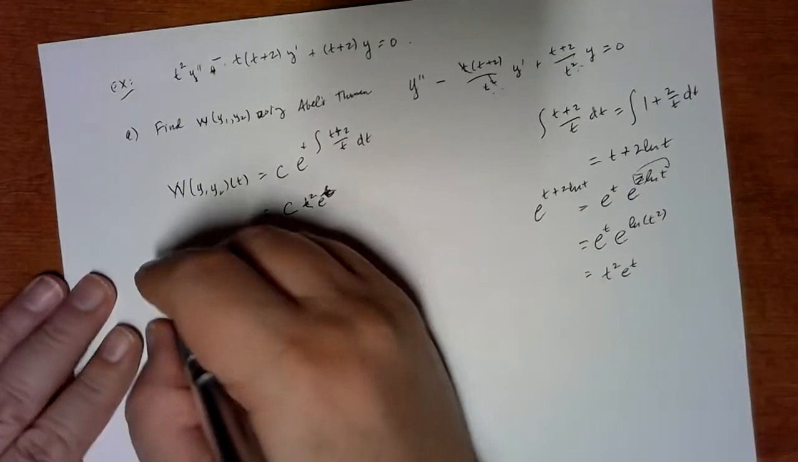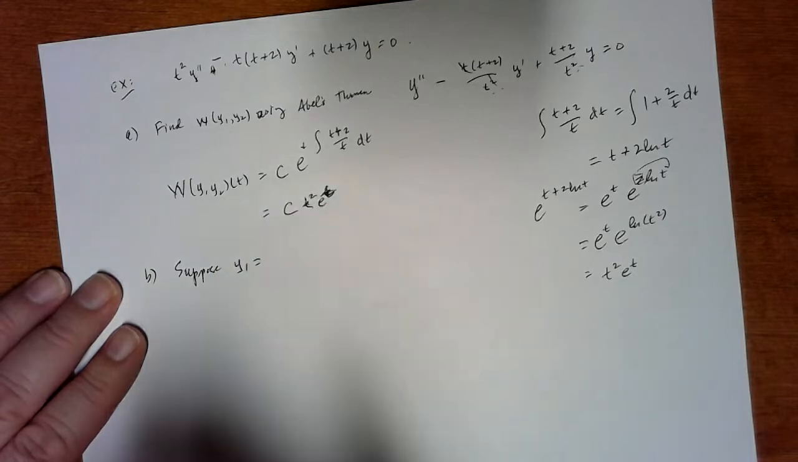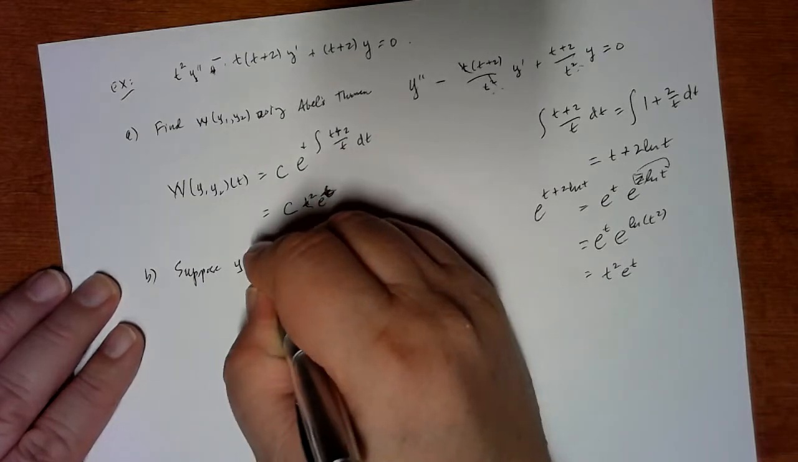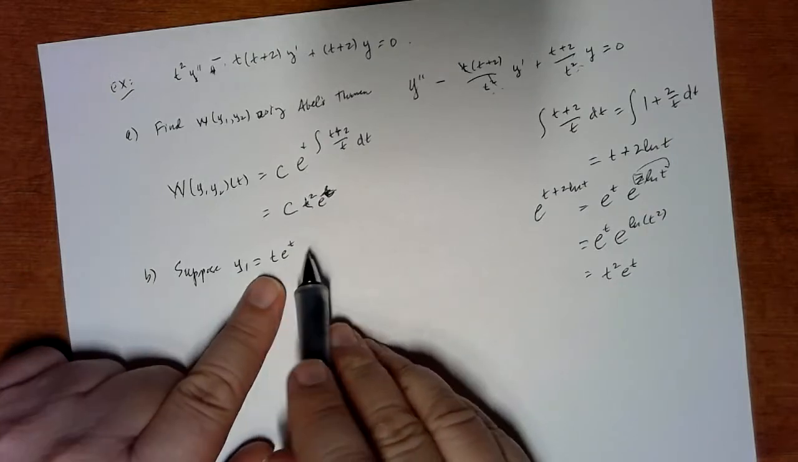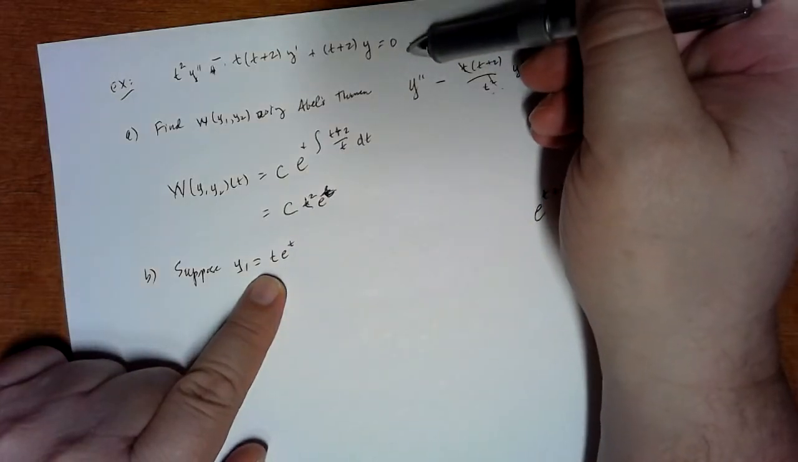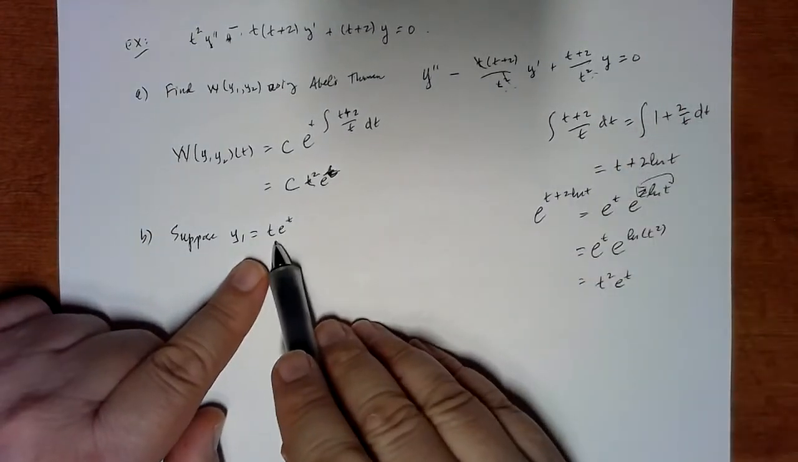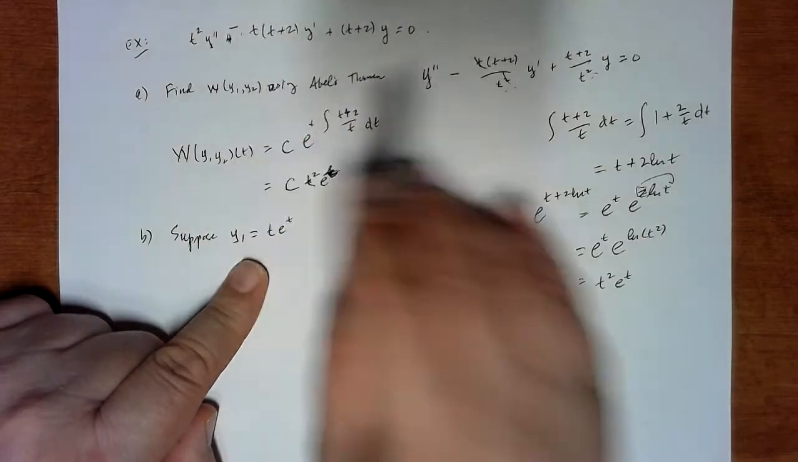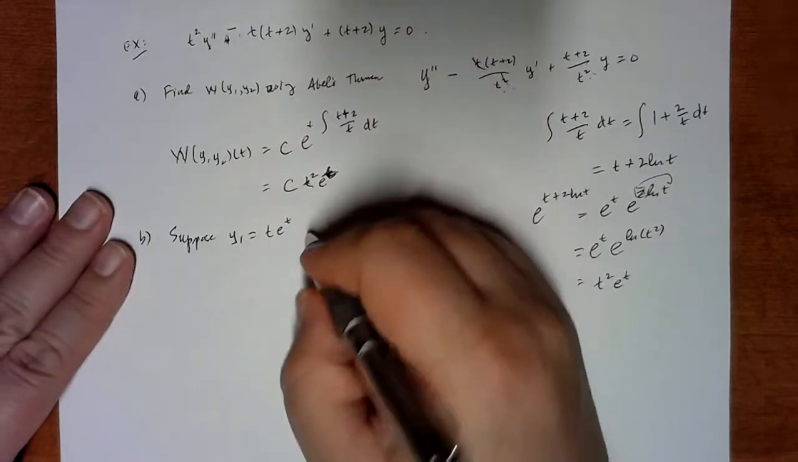Okay, so suppose that I know y1, and I know y1 to be what function? t e to the t. And I'm going to leave that as an exercise for you to show that y1 actually solves the differential equation. It's not hard, but you can see here, right, that you're going to have to use the product rule a couple of times, right? So the algebra gets a little messy, but that's okay. Okay, can we find